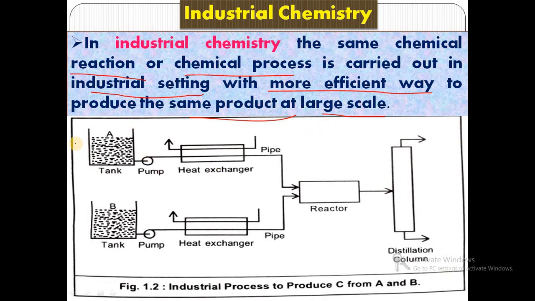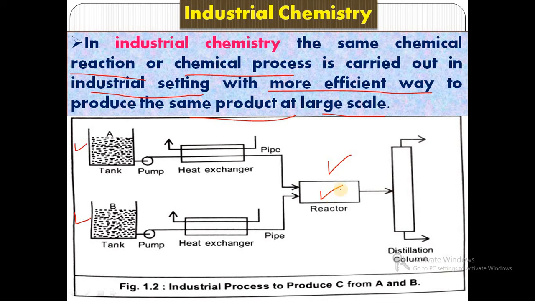So in this case, component A is taken into tank A first and component B is taken into tank B, and automatically it is pumped through the heat exchanger into the reactor, and component B also is taken into the reactor, passing through its heat exchanger. Then the reaction rate will be increased and these two components are mixed here. When A and B combine together, they combine automatically by applying the pump.